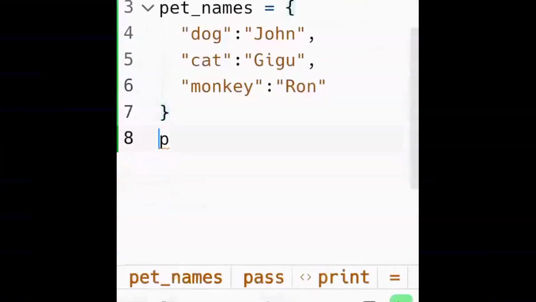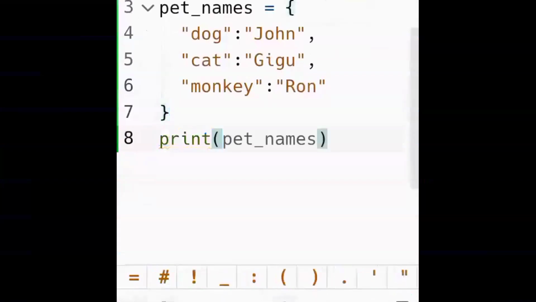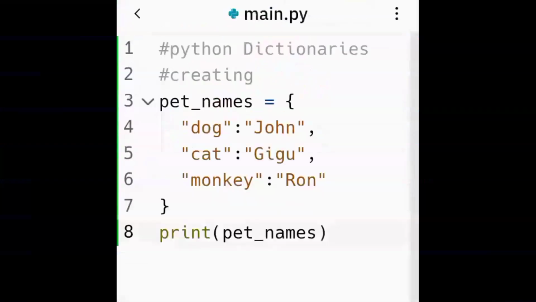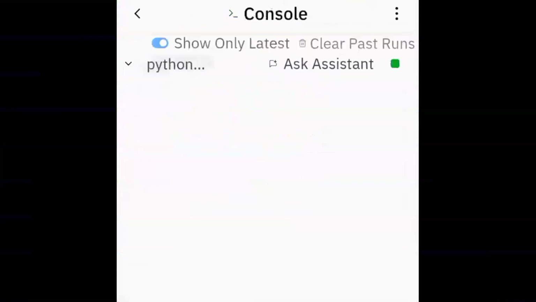Okay, there you go. So I want to print the pet names. So the print function, print, and then pet names. That's it. Let's see what happens. What is the outcome you get? Let's see how it exists in dictionary form.